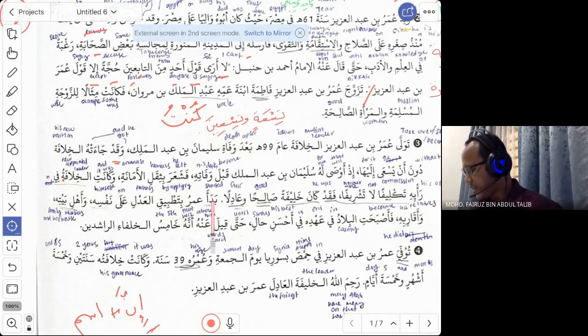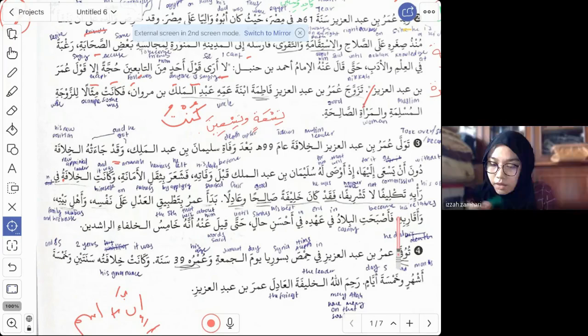Okay. Wa bada'a Umar, yes, Umar started. Bada'a Umar bitatbiq. Tatbiq is to apply. So he started applying the fairness or justice ala nafsihi, on himself. Wa ahli baitihi, and on his family members. Ahli, the members of his house, his family members. Wa aqaribihi, yes, and his relatives. Okay. And then